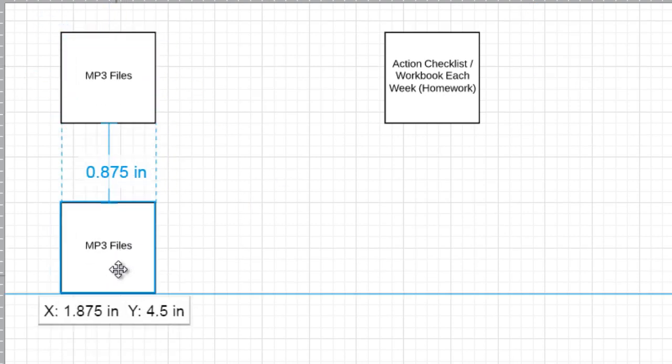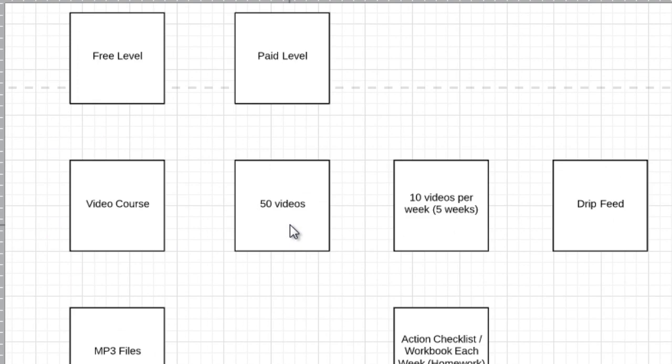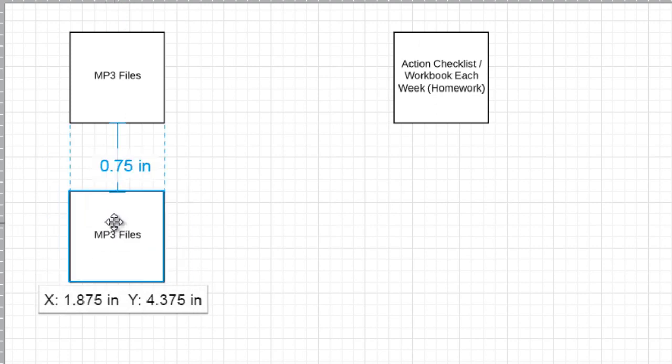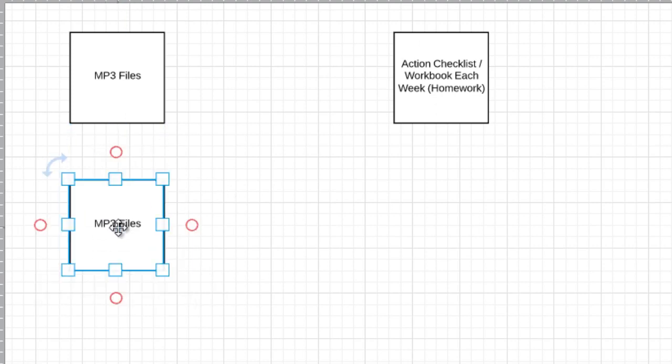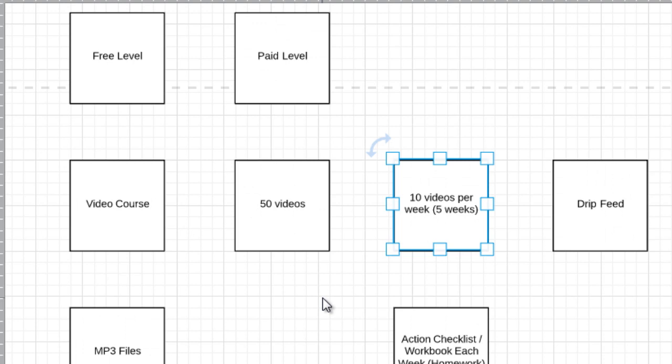Obviously, now that we know that we are distributing it on a drip feed process for 5 weeks, I think I'm going to do what we call a fixed term membership site. Let's see, 10 videos for the. So we could either do a one-time large high-end fee of like $497 or even $197, or we can do a monthly fee.